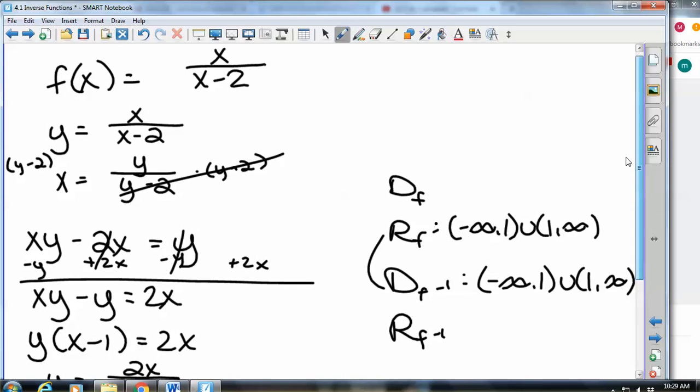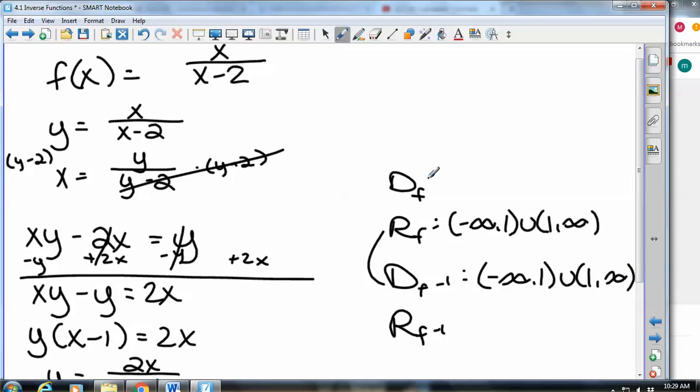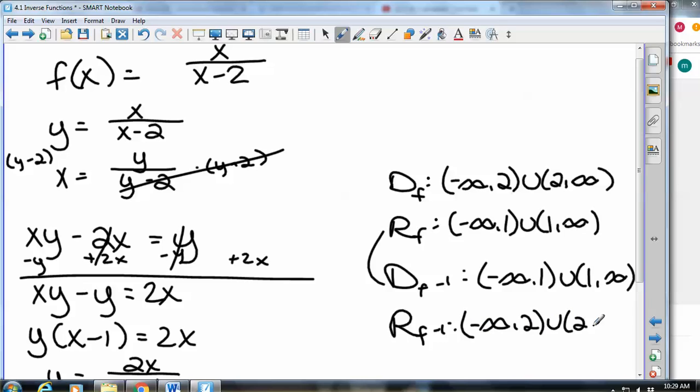If we look at the original, what's your domain? And that would be the same as the range of the inverse. Any questions for me, guys? If we just write like d of f and